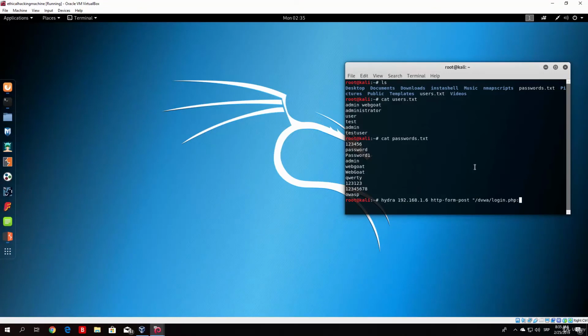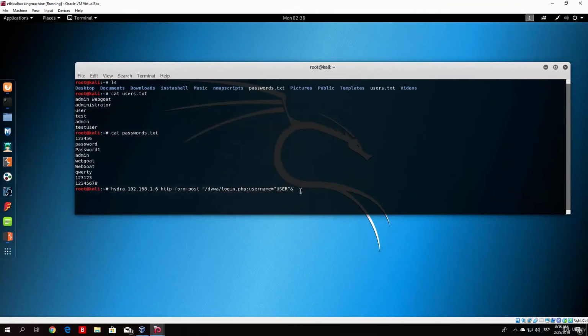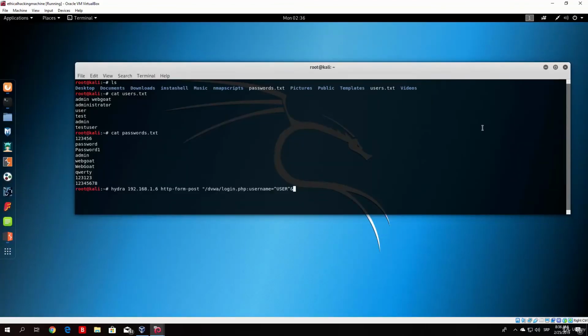So we cover this, and we divide these two with the two dots. So we type here username equals the upper arrow, then user, the upper another arrow, this sign. Let me make this larger so you can see the entire command. Okay, so then after that we want to see what is the name of the password field, which is probably going to be the password name password. So the name of the password field is password, so we specify right here password equals, again, upper arrow, pass, upper arrow,